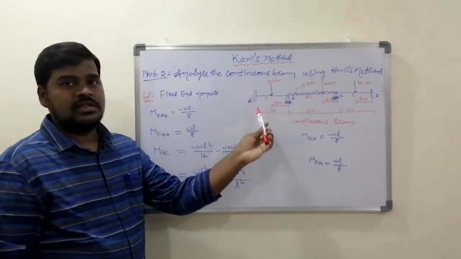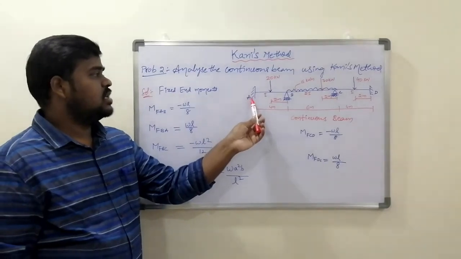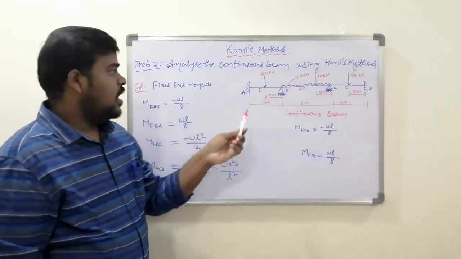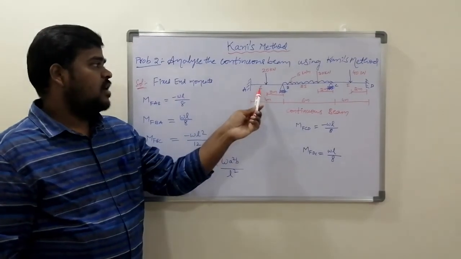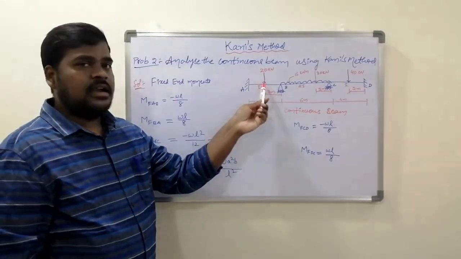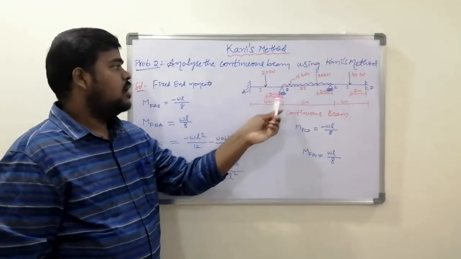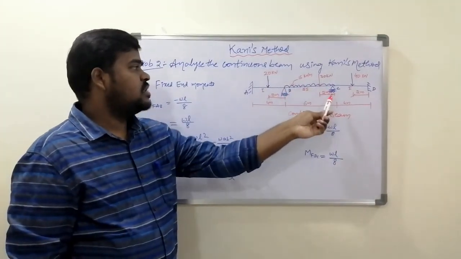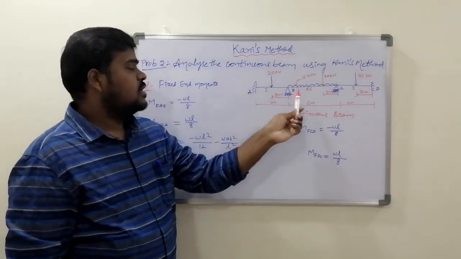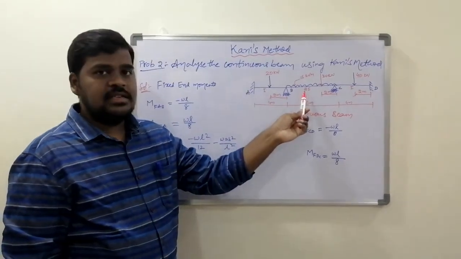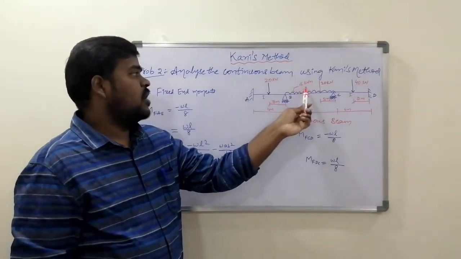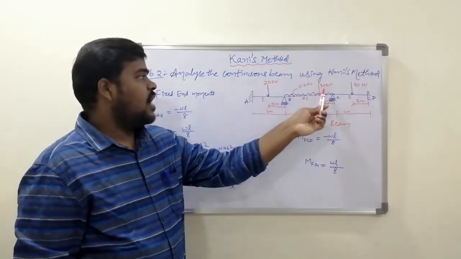Here, if you see this continuous beam with both ends fixed, end A and end D are fixed, and span AB has a moment of inertia of I and a central load of 20 kN. For span BC, the supports are rollers and the moment of inertia is 2I, and a UDL of 15 kN per meter is applied. Along with that